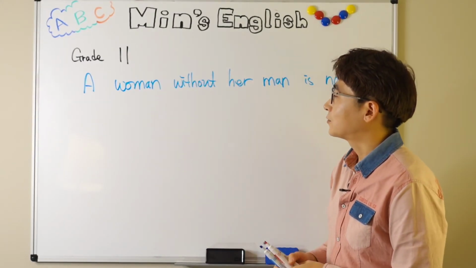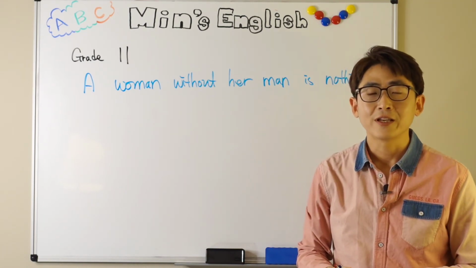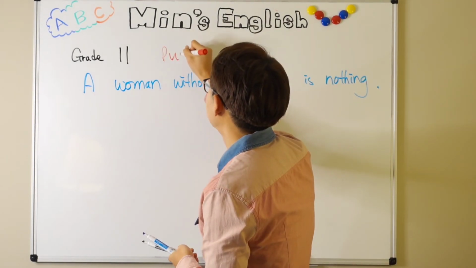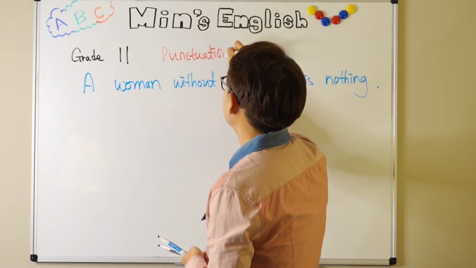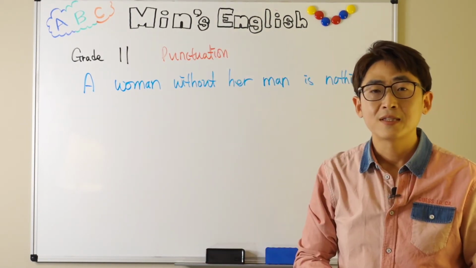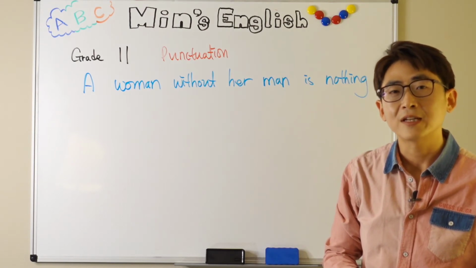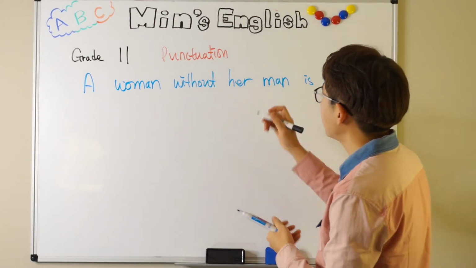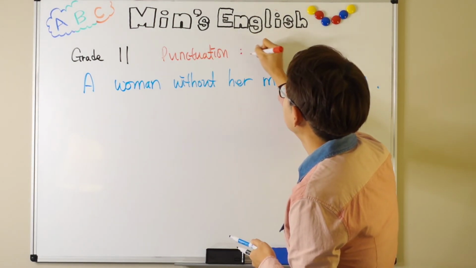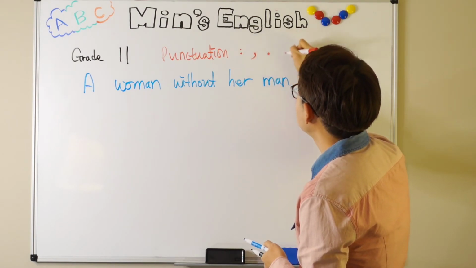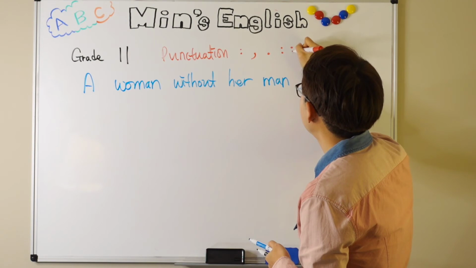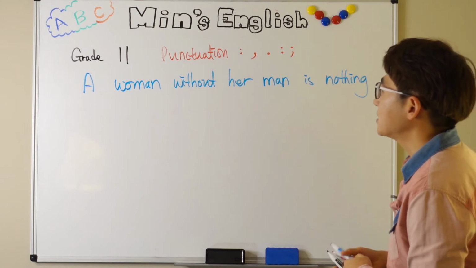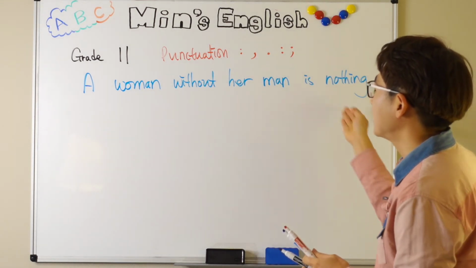Okay, now we are at grade 11, and this is when your English requires you to study things like punctuation. Punctuations are little signals, symbols that make your English or sentences special or meaningful. So punctuations include commas or periods or colon or semicolon, and please use any of these combinations to make this sentence into a